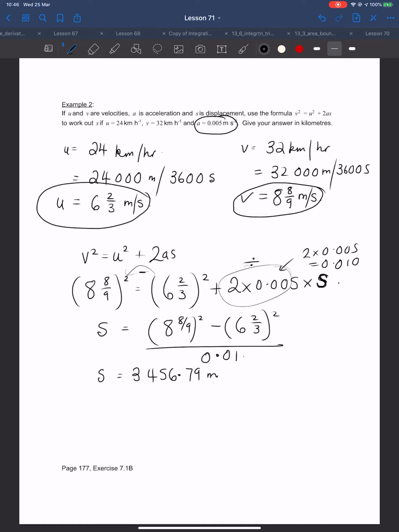345,679. That's an interesting answer. I wonder if they knew that was going to happen. Just coincidence. Who knows? And we want the answer in kilometres. Well, 1,000 metres is 1 kilometre. So it's 3.45679 kilometres. Yeah, it would have been good if that 9 had been an 8. Never mind. Anyway, that's beside the point. Right, there we go. And that's some basic